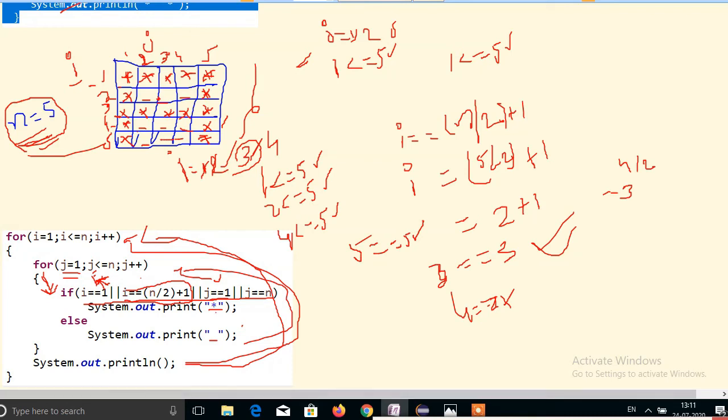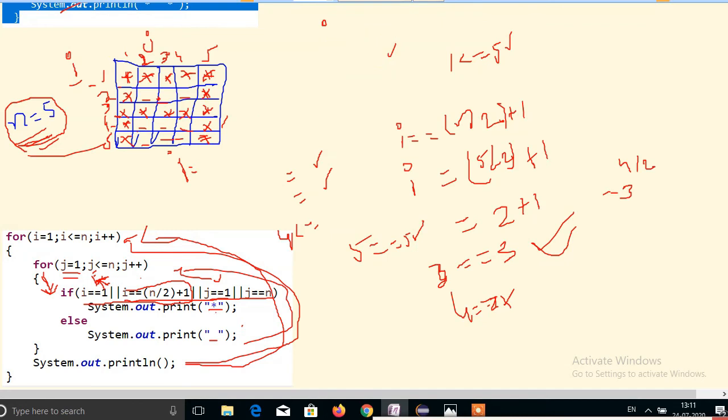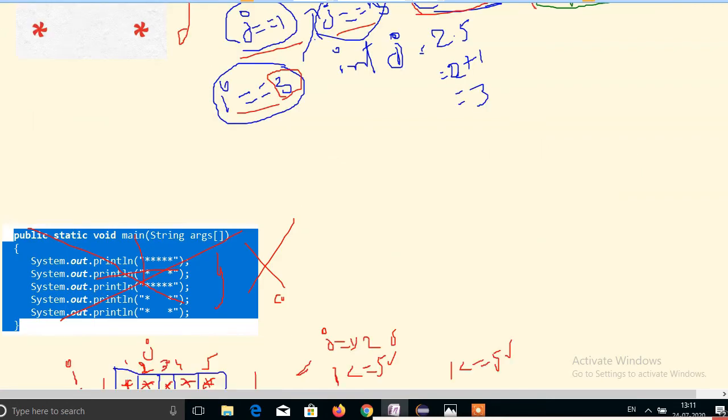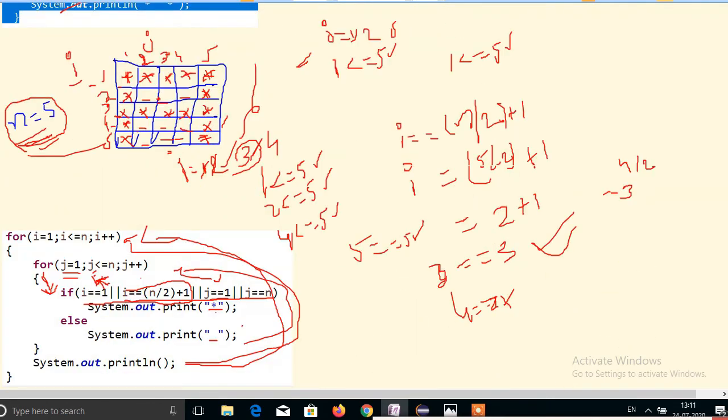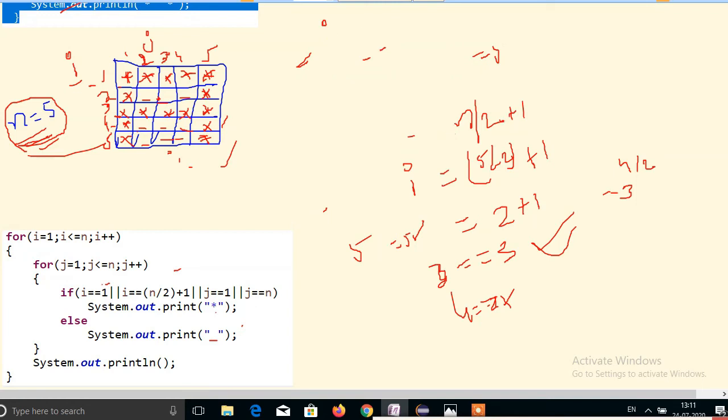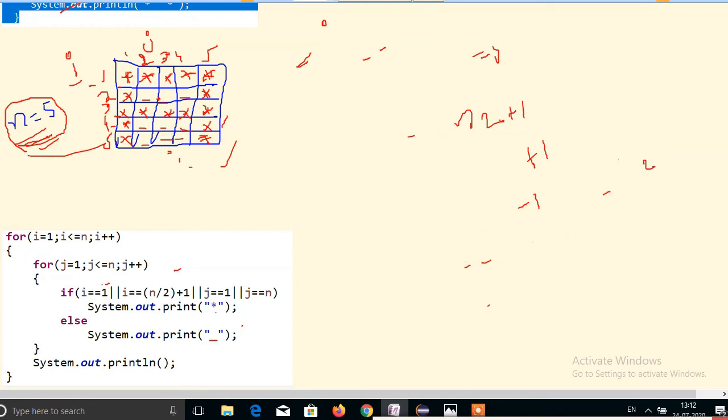So if you observe here, why am I taking the n value everywhere? n is the final column value. I wrote j double equal to n, which means 5.